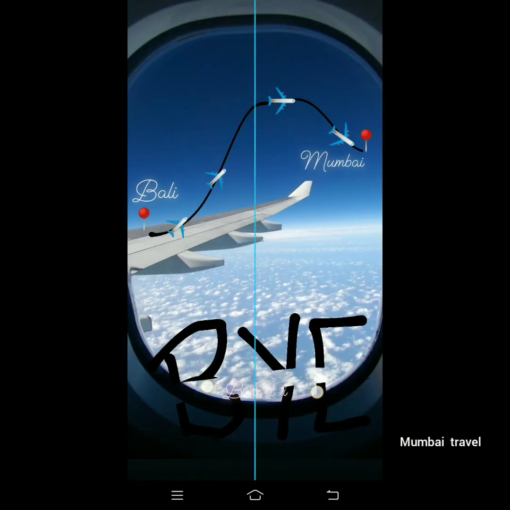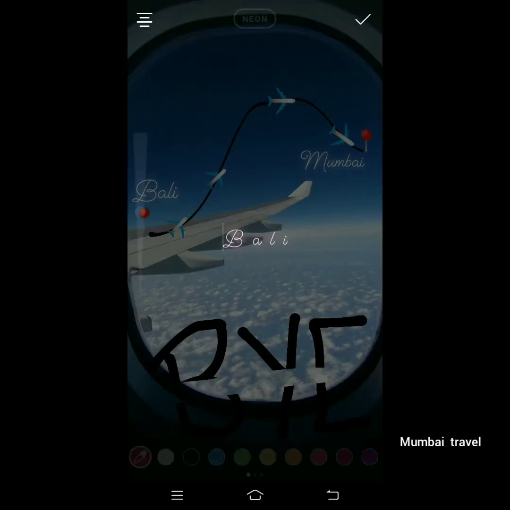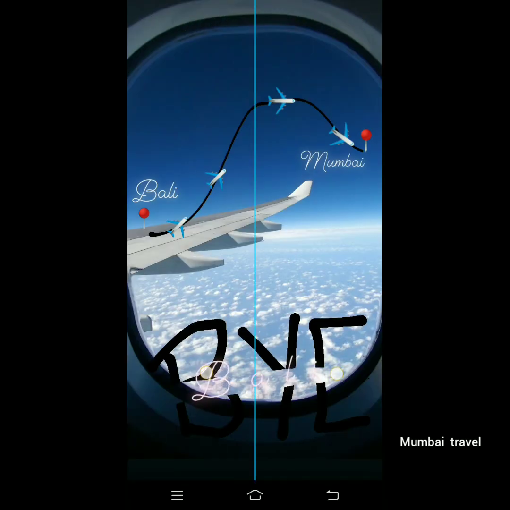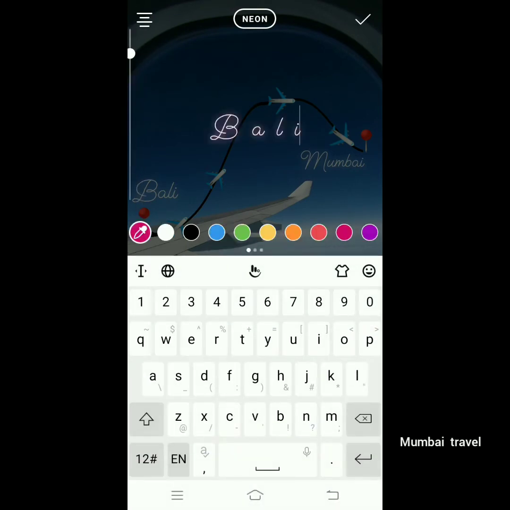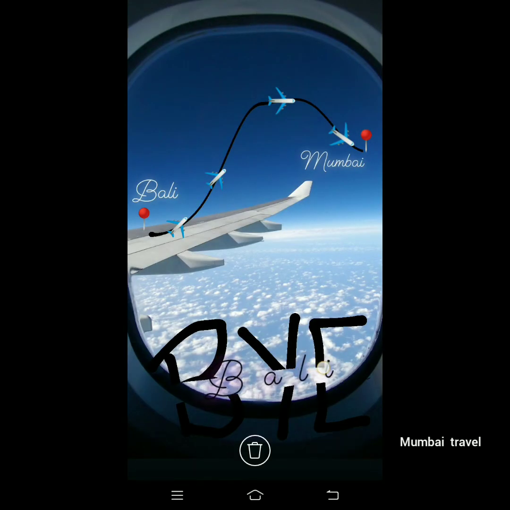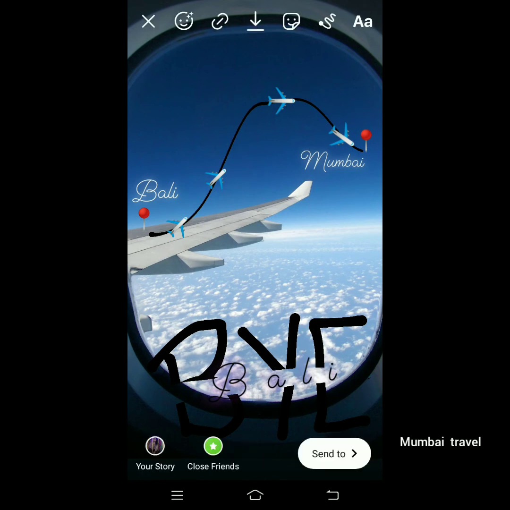So here it is, how it is looking. It is really looking good. It is pretty. You can change the color if you want. The red color was not that pleasing, so I have used the pink shade over here, which is really good. And you can try with the black variant also if you want to, and make sure it looks beautiful. That's it guys, your story should be beautiful.